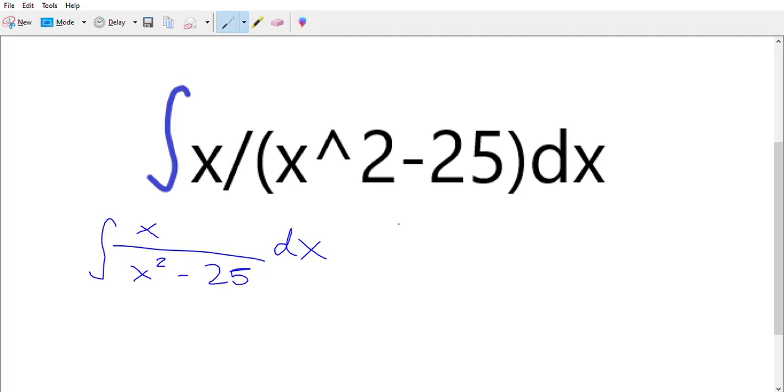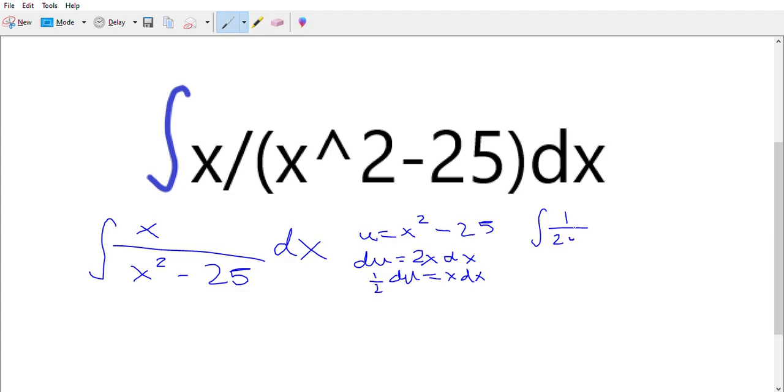Okay, well first, just going to do the typical u-sub because that's by far the easiest method. So going to make u equals x squared minus 25, so that's the denominator, and du will be 2x dx. Since only x dx is on the top, so just gonna divide both sides by 2. So which means it'll be 1/2 du equals x times dx. So now if I write this in terms of u, it would basically be the integral of 1 over 2u du,